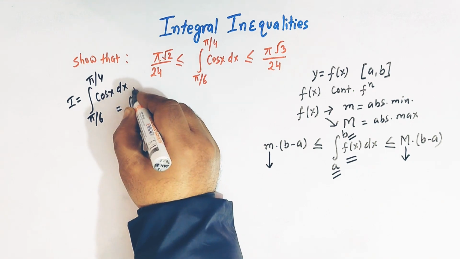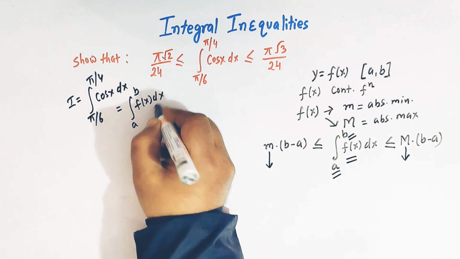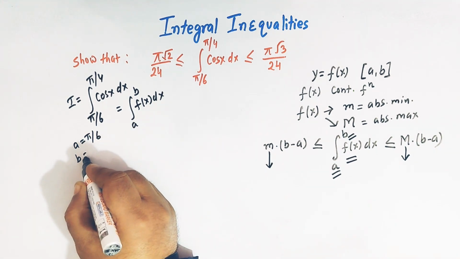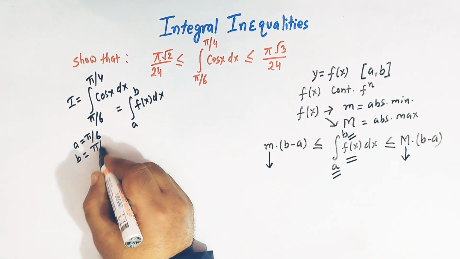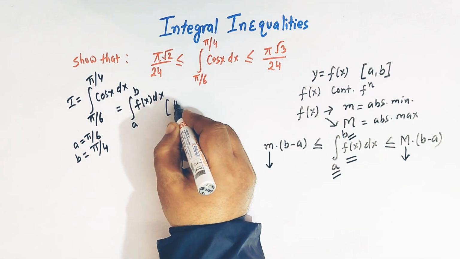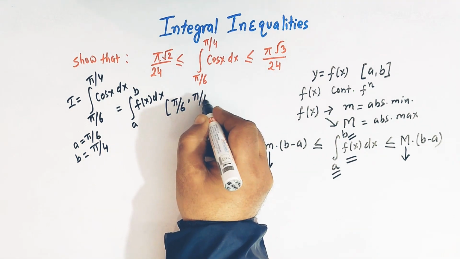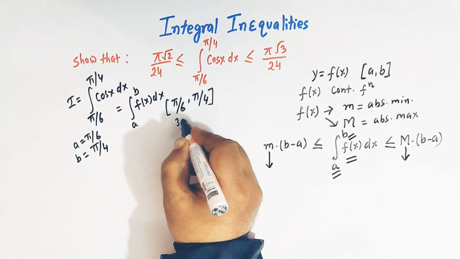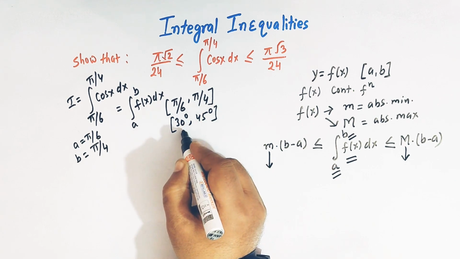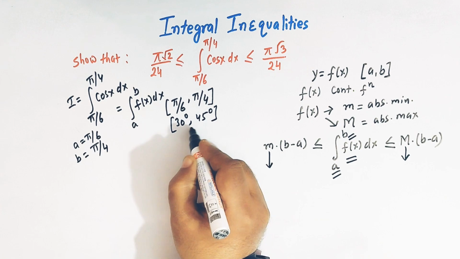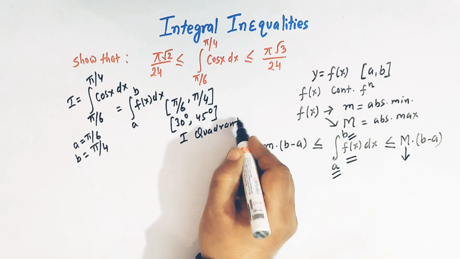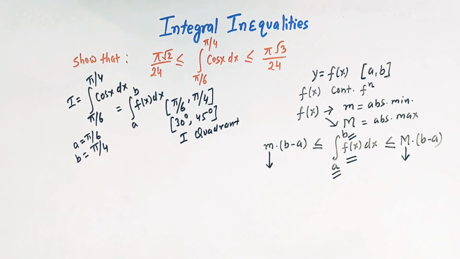तो देखिए a to b है, f of x है, dx। तो a जो है लोअर लिमिट है, तो इसकी वैल्यू पाई बाई 6 होगी, और b जो है वो अपर लिमिट है, π/4 हो जाएगा, राइट। तो जो इंटरवल हमें यहाँ पर मिलेगा वो मिलेगा π/6 से π/4 तक। तो π/6 जो है हमारा 30 डिग्रीज है, π/4 हमारा 45 डिग्रीज है, राइट। और ये जो इंटरवल हमारे पास है, ये फर्स्ट क्वाड्रेंट में होगा। और फर्स्ट क्वाड्रेंट में हमारे जो सारे ट्रिग्नोमेट्रिक